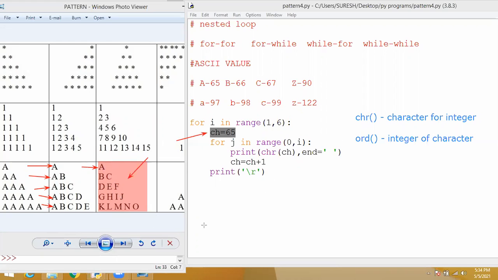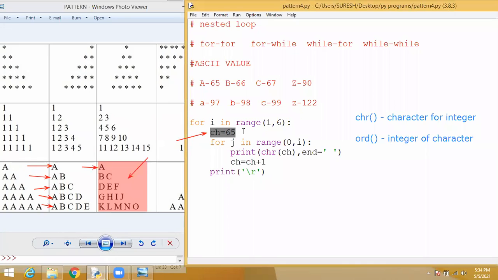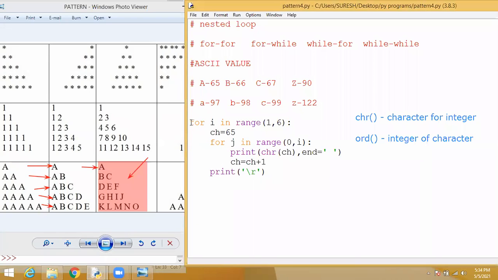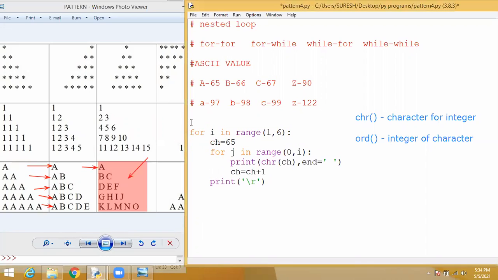So now what we have to do is change the placement of this variable. Students understood? Where do I have to change it? I am going to move this character to the first line. Before the outer loop, I am going to set the value and I will delete this character.